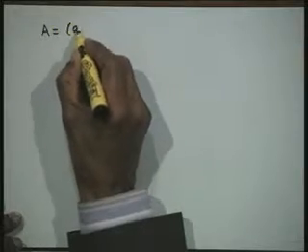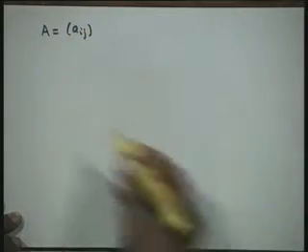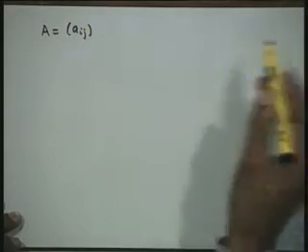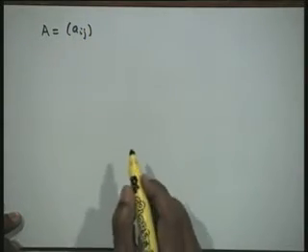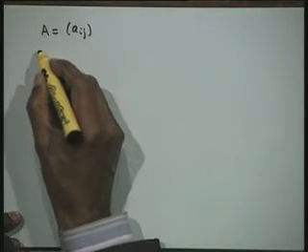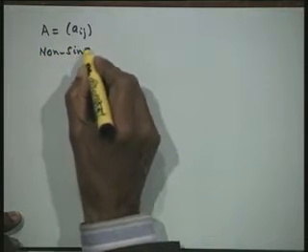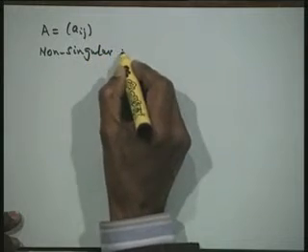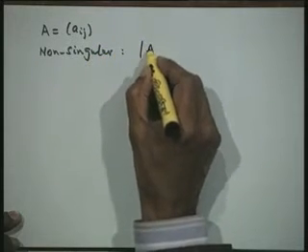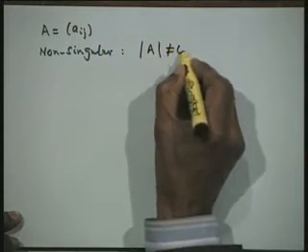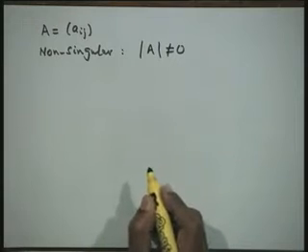So let us just briefly write down what are the properties of a matrix. We shall take the matrix A as the elements are aij. So that is what we have written, the elements are a11, a12, so on, a1n and so on. Now first of all we define a non-singular matrix: if the determinant of the matrix A is not equal to 0, then we shall call it a non-singular matrix.